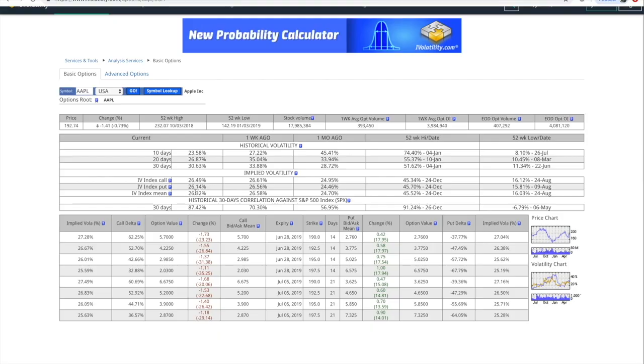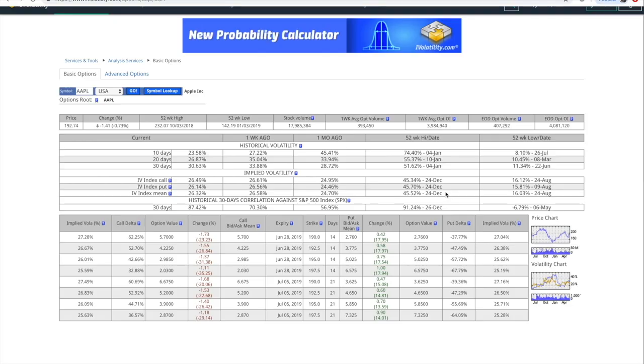Therefore, it may be a safe bet for you, an option buyer, for the long term. Now, if you're trading options within the same day, volatility may not play such a big part in your trade. However, if you're planning on holding options for a month, then you don't want an overly volatile stock compared to its past. Meaning that if Apple was currently sitting at a 40% volatility and its highest in the past 52